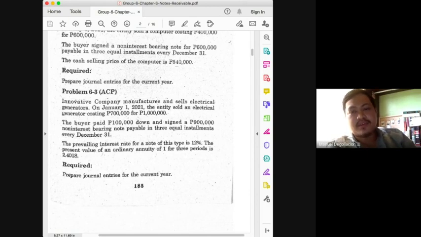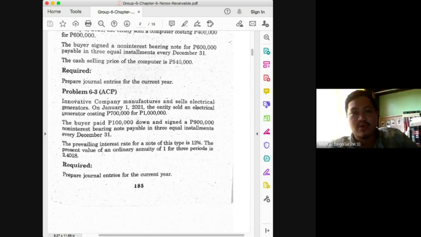If you have 100,000 pesos 1 year from now, the value of that cash flow is not 100,000 as of today. Because if a period of time will lapse, the presumption is that that amount will already include interest. For you to get 100,000 1 year from now, you do not need 100,000 today,